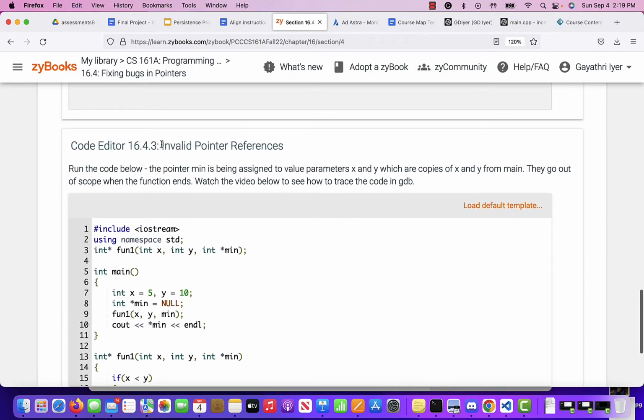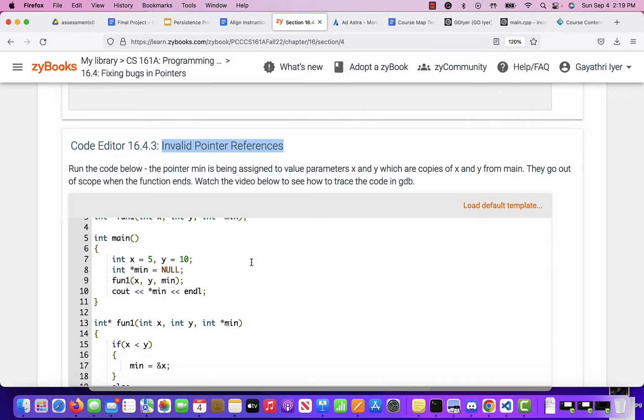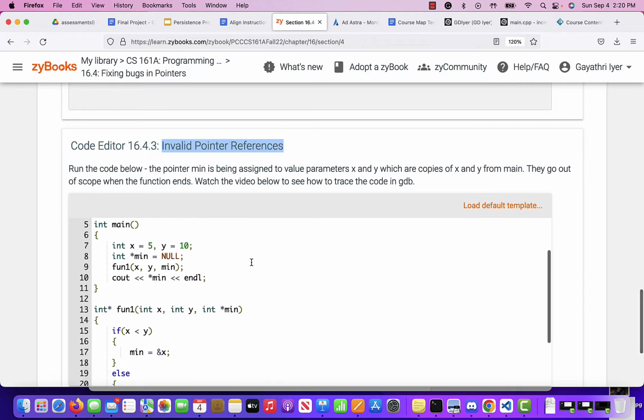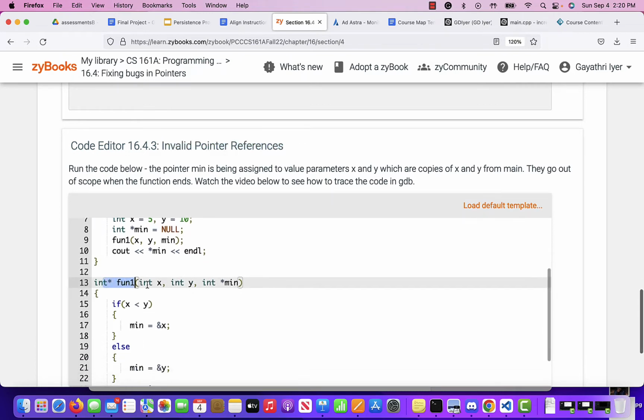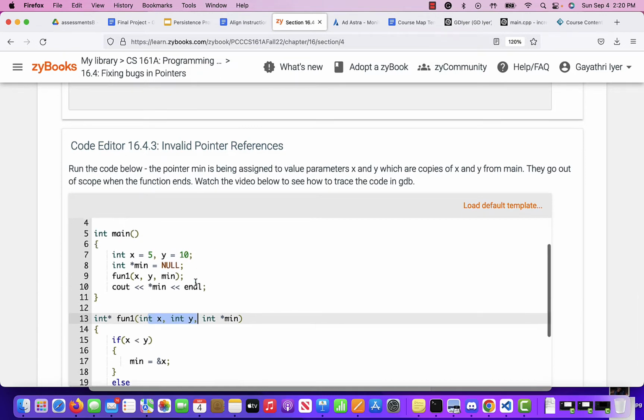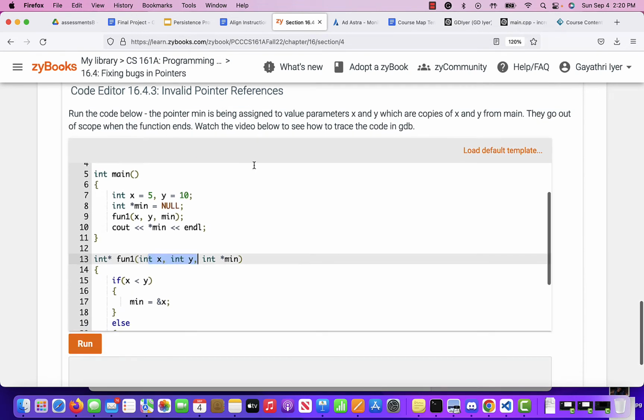Another example of invalid pointer references. In this case, you've already seen this code before if you had watched the video in the Pointers chapter where we are returning pointers. The problem with X and Y is the same problem that we had before. I'm just going to show you how it reacts in GDB on the server as opposed to what we saw on Python Tutor. Okay, so different systems do different things,